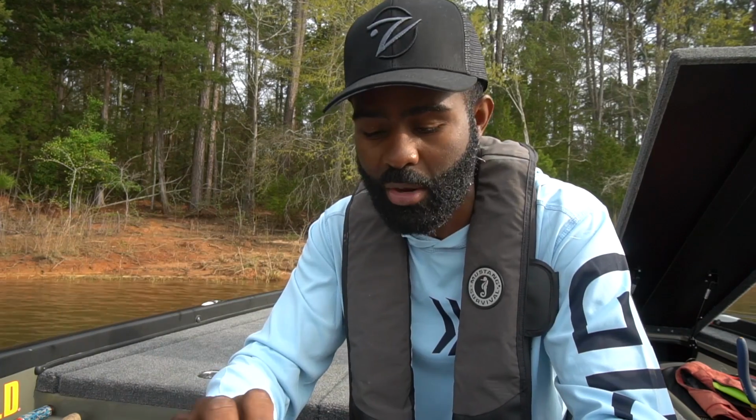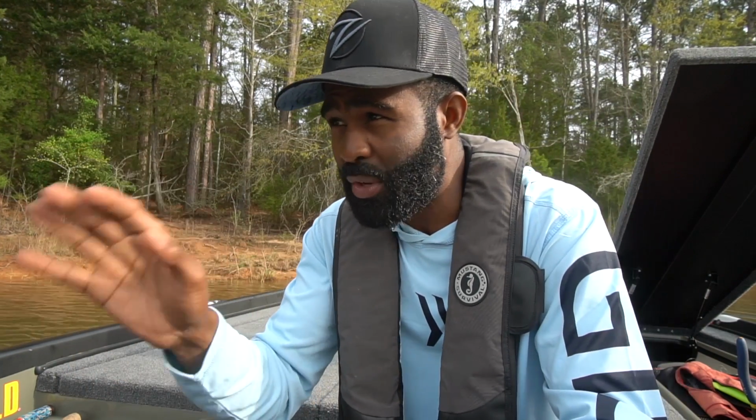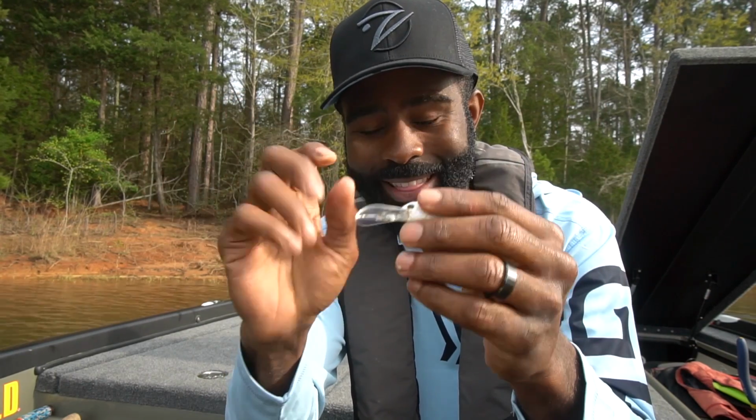Water temperature is somewhere between 60 to 65 degrees, just depending on what area of the lake you're in right now. So anytime that I'm targeting fish that I feel like are feeding, typically during the pre-spawn of the year, if you have some fish that are setting up to spawn, they're feeding. They're out chasing shad, they're out chasing minnows, or whatever the prey fish is in your body of water. And there's nothing better to imitate that particular species or that particular prey fish than a crankbait. This is the